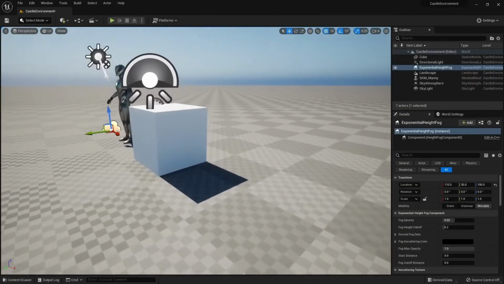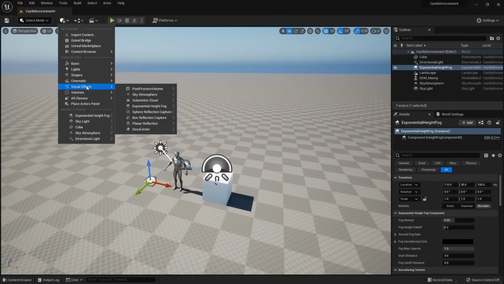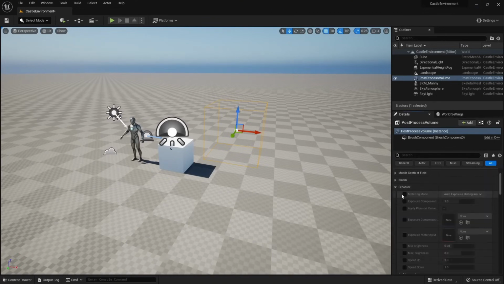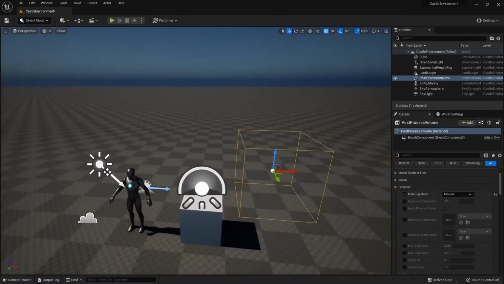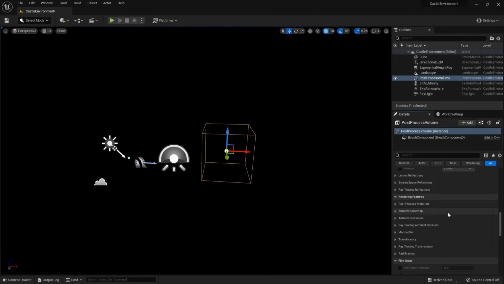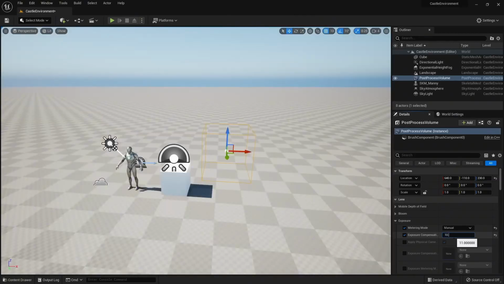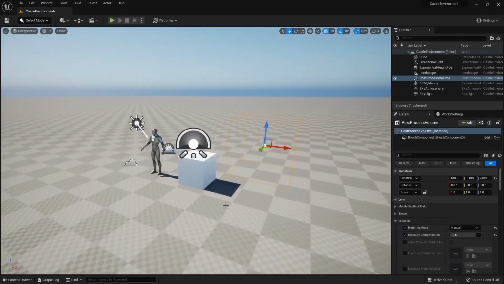Another thing I'm going to do to prevent my camera from getting brighter and darker is to, of course, add in a post-process volume. So go to volumes, post-process volume, add that in, go to exposure, and we're going to set that to manual. It's not making effect right now because if I go into my post-process volume, it affects my camera, but if I go out, it doesn't. So I need to make sure that my post-process volume has infinite extent unbound turned on, and with exposure compensation, bring this up from 1 to 11. Or we can even leave it at 10.5 for now,